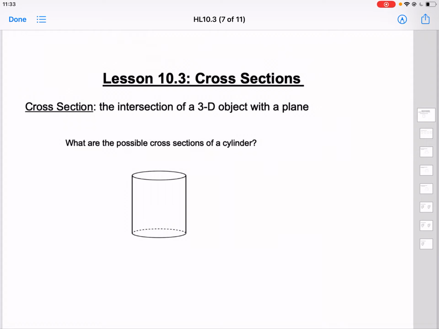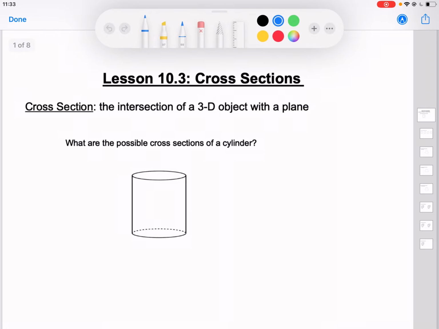All right, at this point of the unit, we're actually kind of switching gears to doing what's called cross sections. And cross sections are just the intersection of a 3D object with a plane. So for instance, like a plane, it's like I've taken like a piece of paper, and it's kind of hard to visualize without actual 3D paper, you know? But it's like I've taken like a piece of paper and I've gone through and cut through